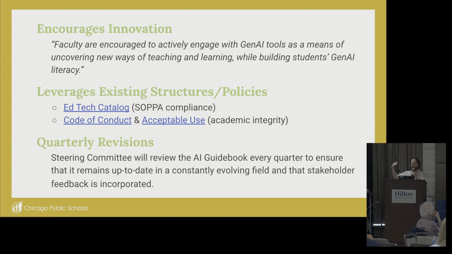The key thing here is that we're trying to encourage that innovation. We're trying to keep updating it and also point to our existing policies. Something we heard in a bunch of the presentations earlier today is how unmoored we can feel in this AI moment, and how some of the big players and the big money are trying to knock us, especially our teachers, off their feet and cause them to act in a way that maybe is not the smartest. So we're trying to point to existing policies, laws, and procedures that we already have in place, build on that, and lend support to that.